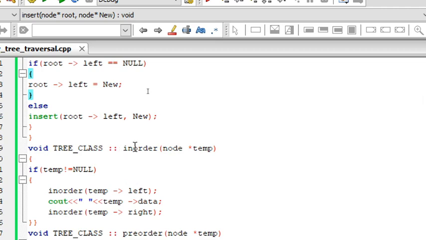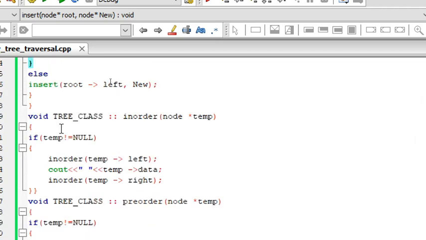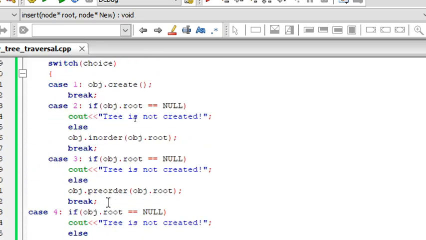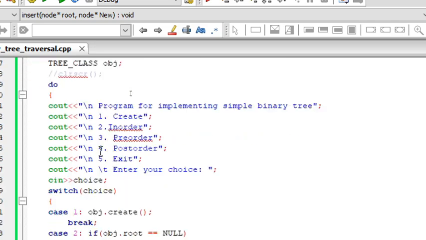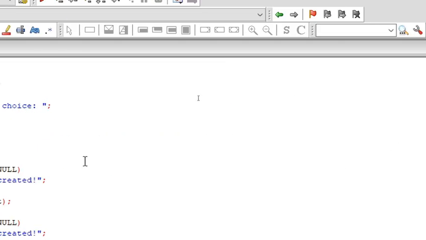And then you have the in order, pre order, post order. You can see the code is very simple. If temp is not equal to null, that means if some node is available, that's the meaning. I'm assigning temp somewhere. You know that's done previously inside the main function. You can see in the main function I'm giving a choice, and somewhere we'll be assigning this temp.